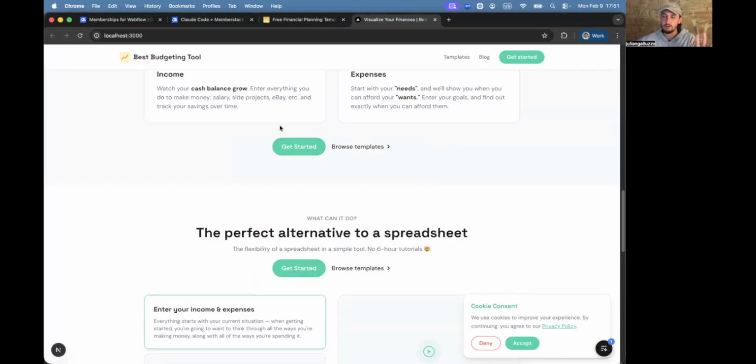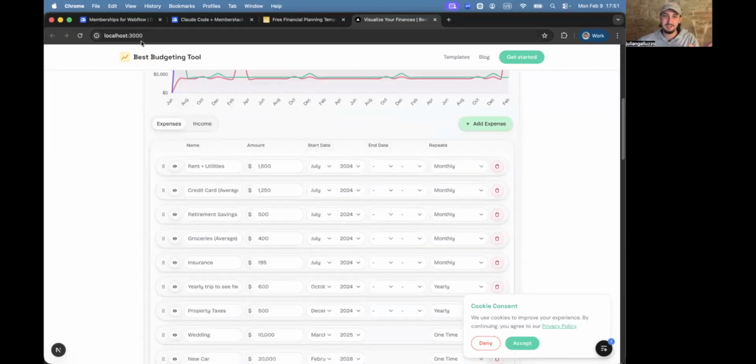And there's kind of a joke in the, let's say, vibe coding community. You can see up here, it says localhost 3000. Guys, for anyone who doesn't know, if you go to localhost 3000, you're not going to see this site. This is not publicly available on the internet. This lives on my computer and nobody else can touch it.